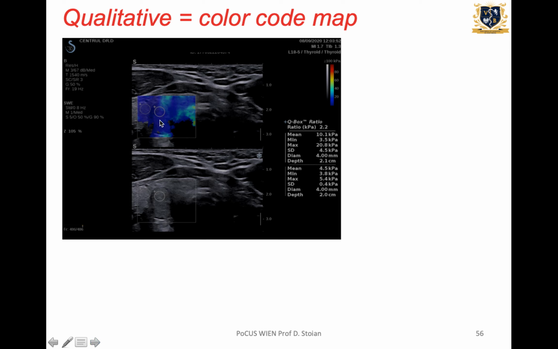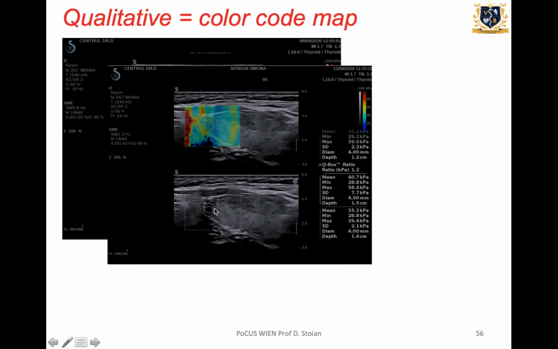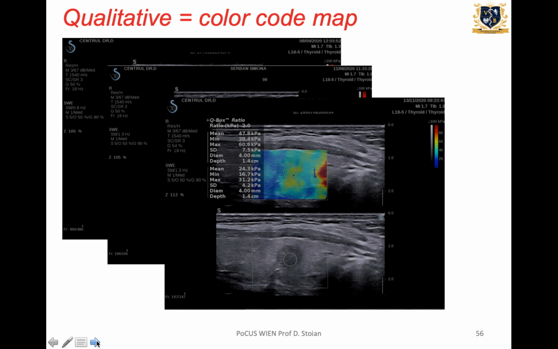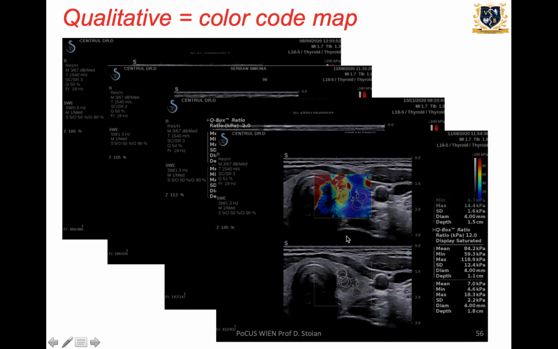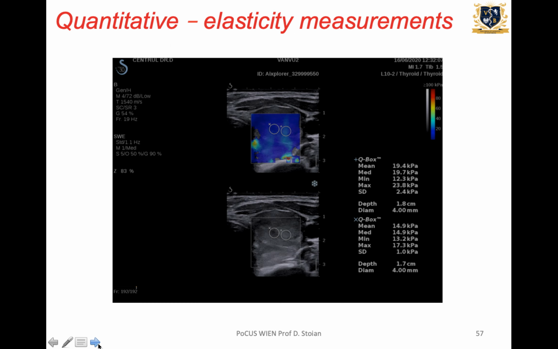And again, you can have a quantitative color code map, so completely soft here, intermediate soft and hard color code 2. The vast majority of the nodule is hard color code 3, and of course very stiff lesions colored code 4. We can have also